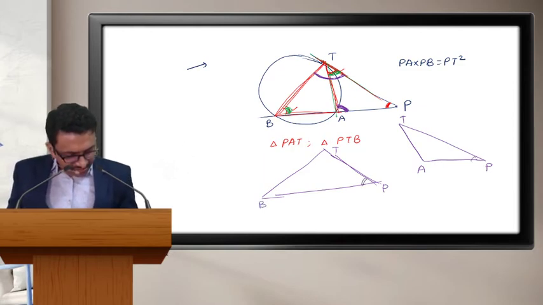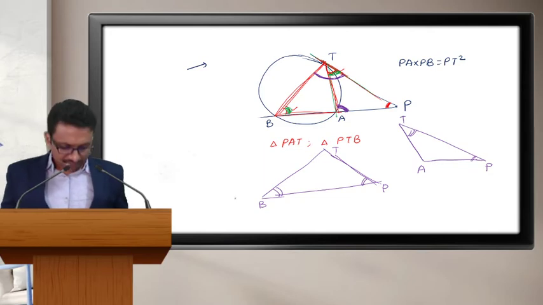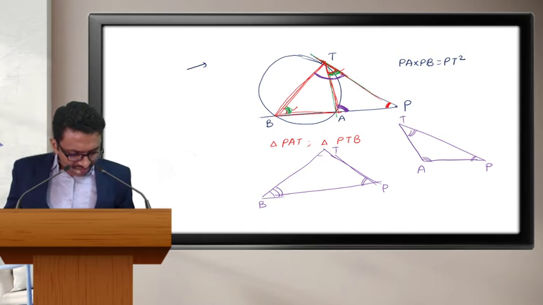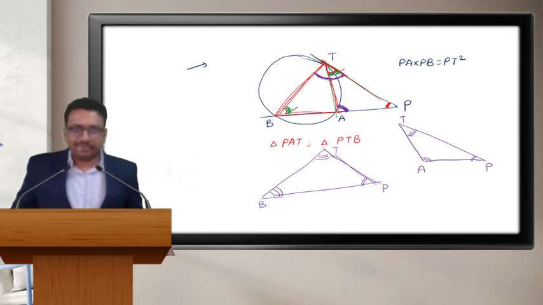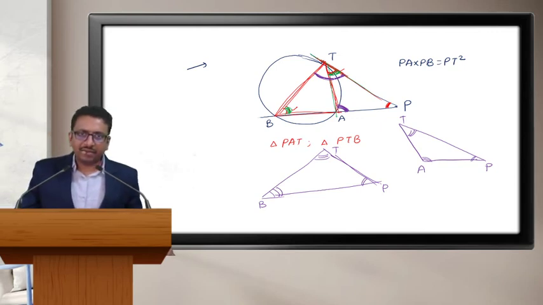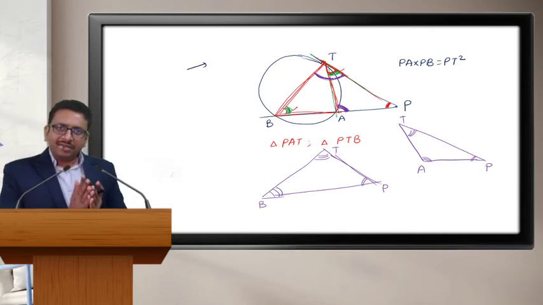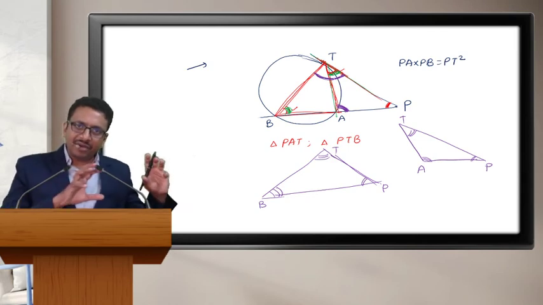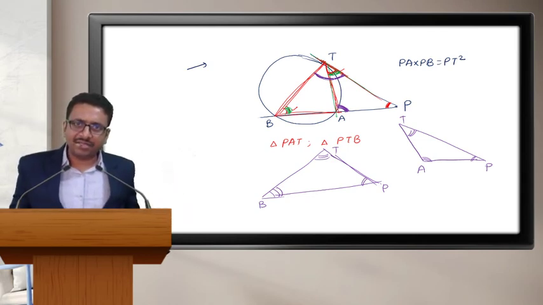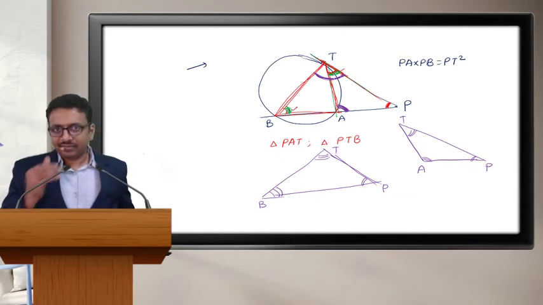This P is same as this P. And this B is same as this A. This B is same as this angle. So what are the remaining angles? This angle A will be same as this bigger angle, right? So whenever you have confusion, a simple method is to draw the two triangles separately. If you draw two triangles separately, it will be very easy to understand. Clear?